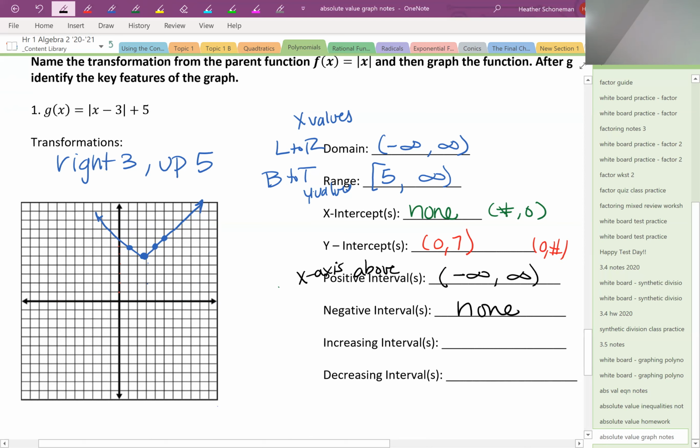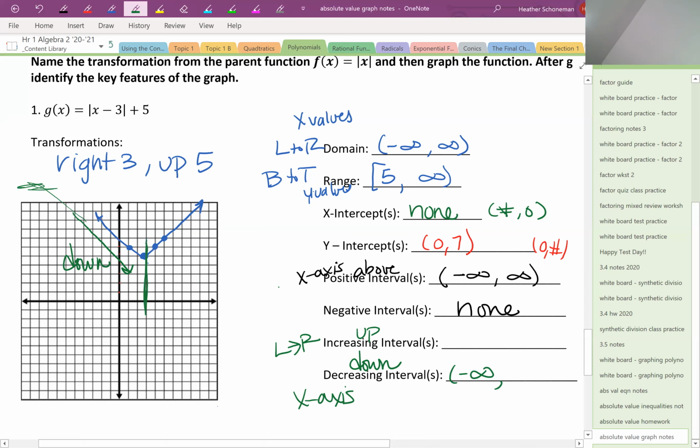All right, increasing and decreasing. Remember, this was our roller coaster. And when we ride the roller coaster, we have to ride it from left to right. Okay, this is going up, this is going down, and we read it off of the x-axis. So as I go to the far left and I get on my roller coaster, it is going down. So this is decreasing. So it starts decreasing way out here on the left, which is negative infinity, and it